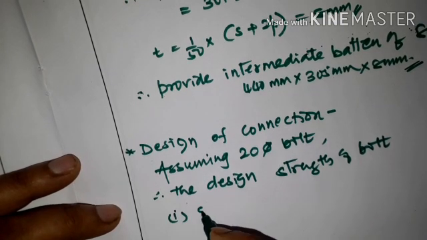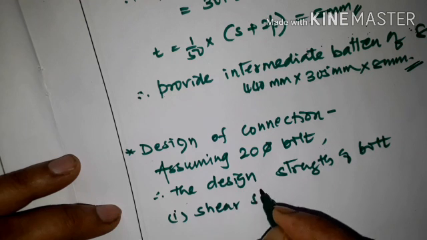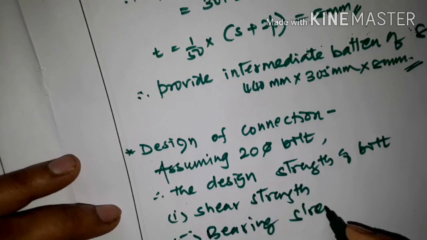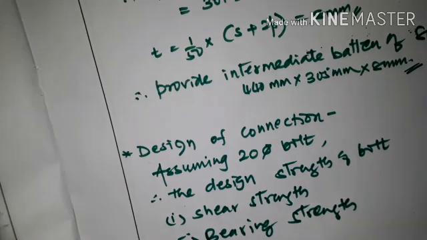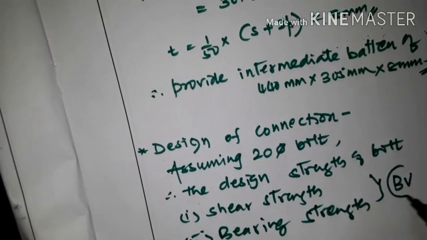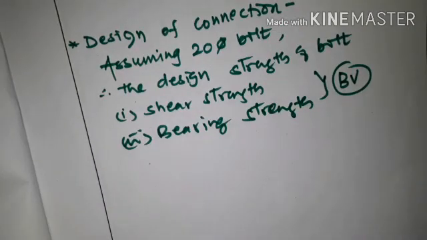It will be the least of shear strength and bearing strength. So from this you will get BV, you will get bolt value. Okay, then after getting bolt value,